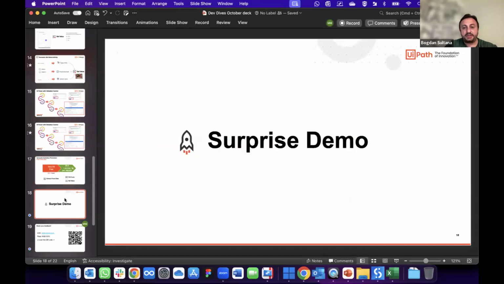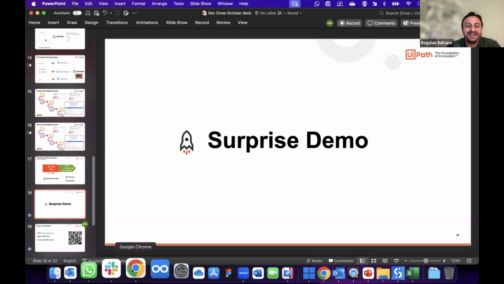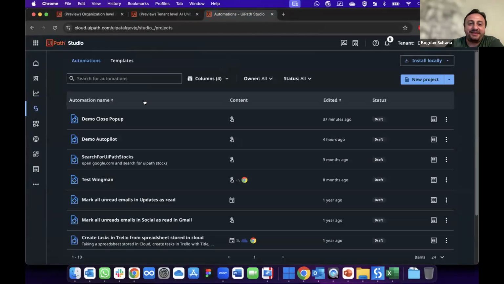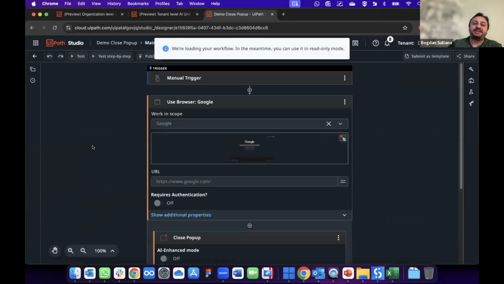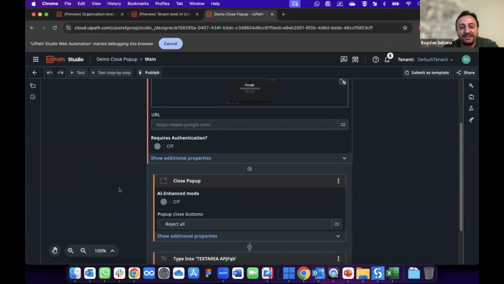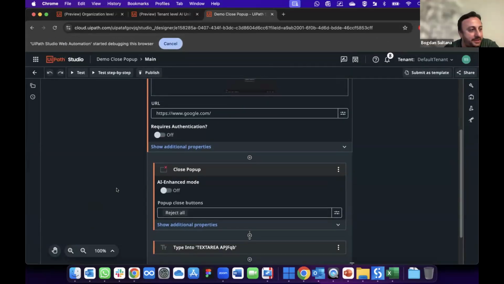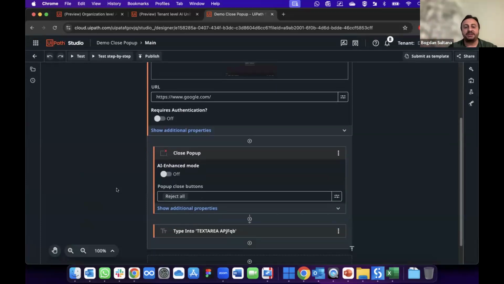Okay, and now for the surprise demo. So we actually have a sister activity to these three main activities that's called close pop-up. The reason why we didn't promote it in the main package is that it's not actually focused on web forms, and it's not scoped as the other three activities. But this nonetheless is a very useful activity because it involves getting rid of those nasty pop-ups that can ruin